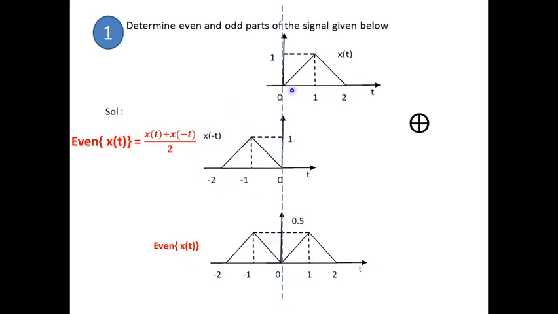Right? Similarly, on the right hand side you have the entire signal here, but here it is entirely 0. Right? So this signal plus 0 will be the same signal. And the maximum amplitude is 1. So when it is halved, you will be getting 0.5. So this is the way in which you are getting the even part of the signal. If you want, you can also represent this even part of the signal in terms of equations also.